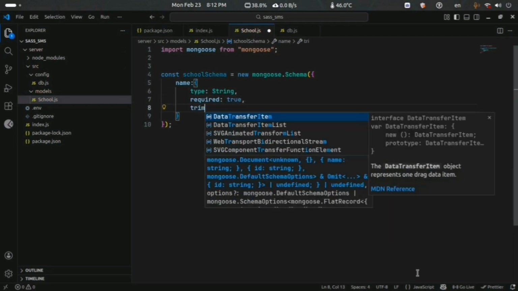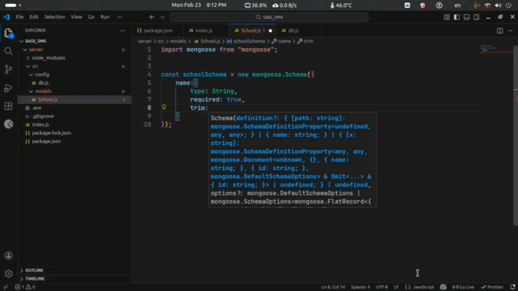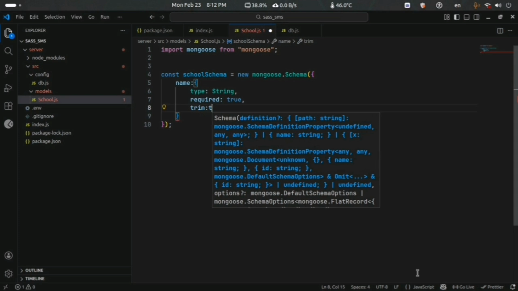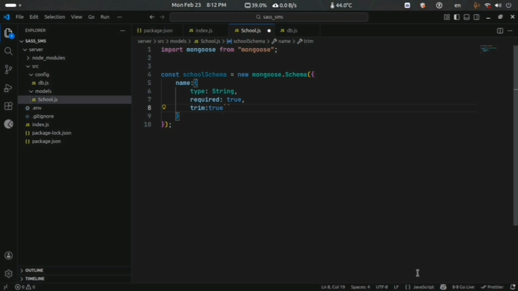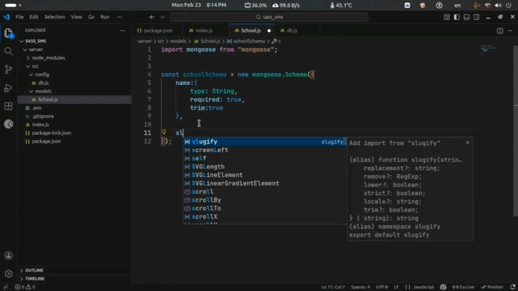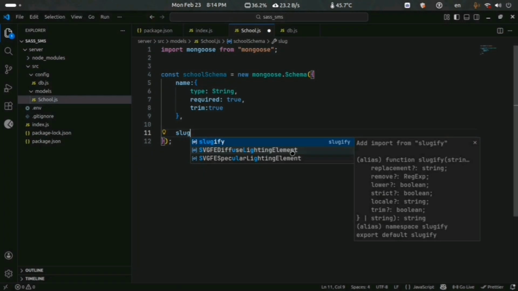We use trim because we don't want extra spaces around our string. Next, slug: a unique slug for the website URL.